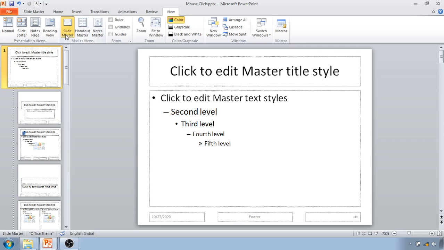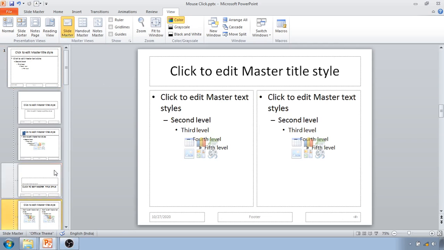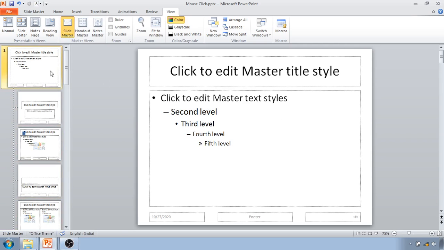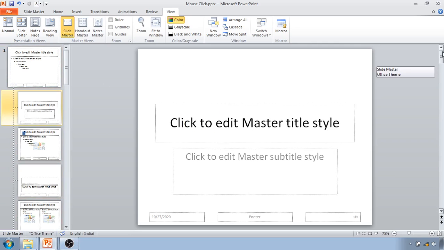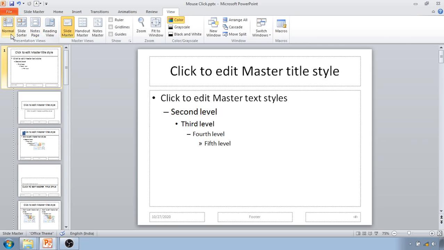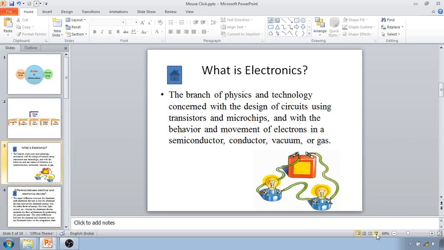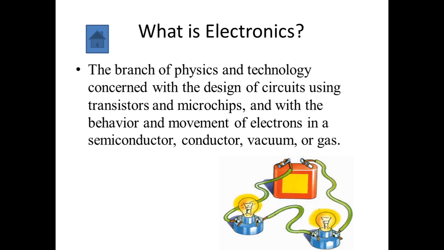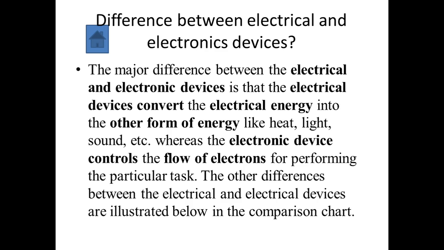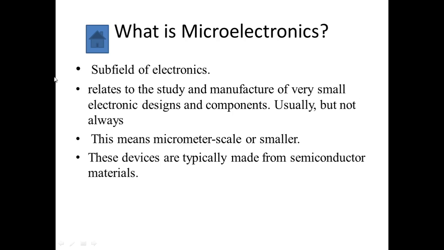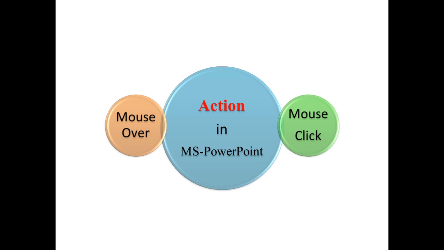So this slide master is open over here, and I want to close it because it is applied to my PowerPoint presentation. Now when I go to the normal view and click on the slideshow, if I move through my slides, it will show me the button which is used for the action. Now if I click on that button anytime, it will lead to the first slide, because the action which I have given is doing that same action.